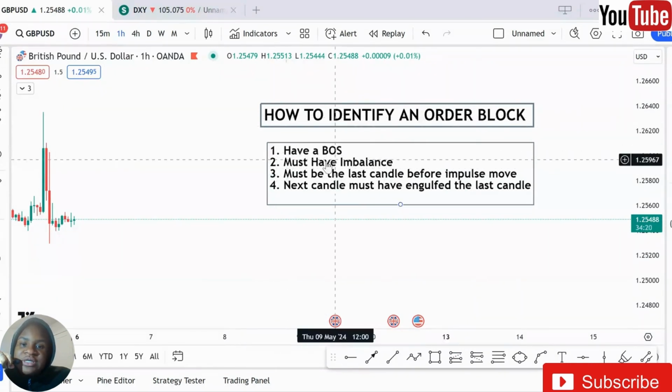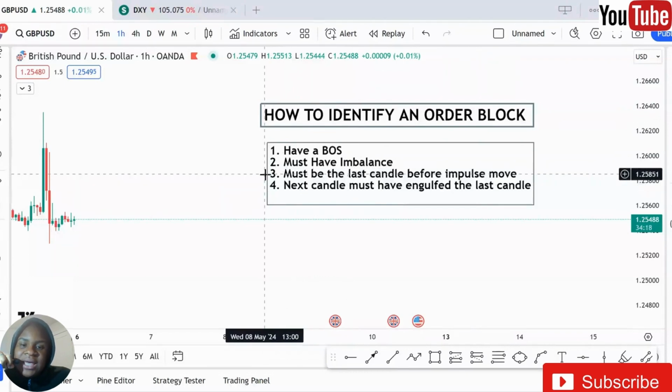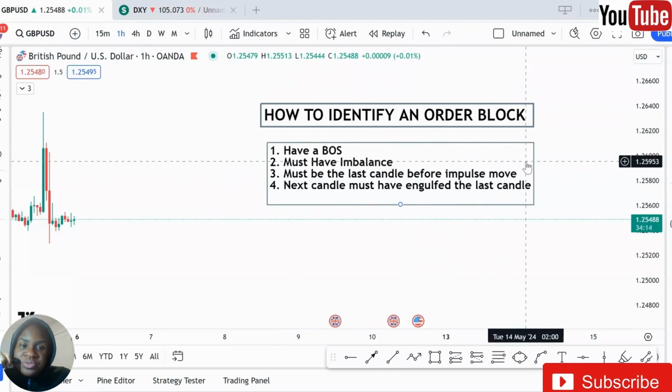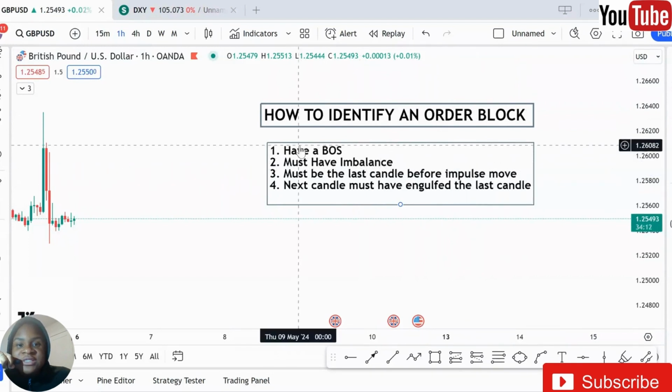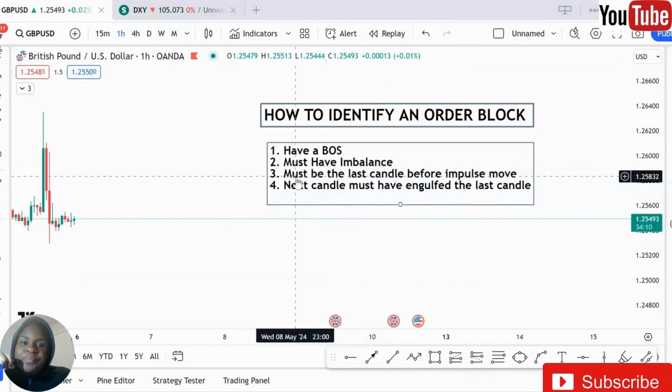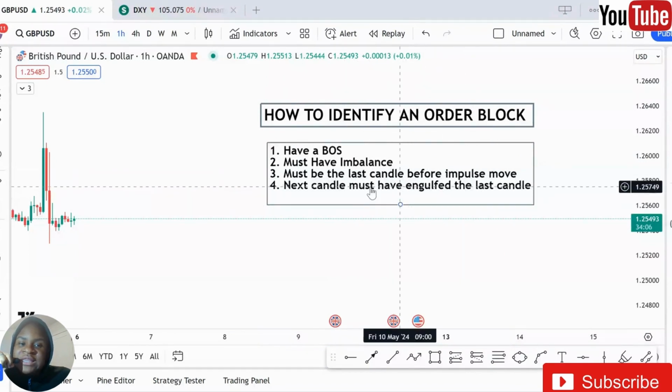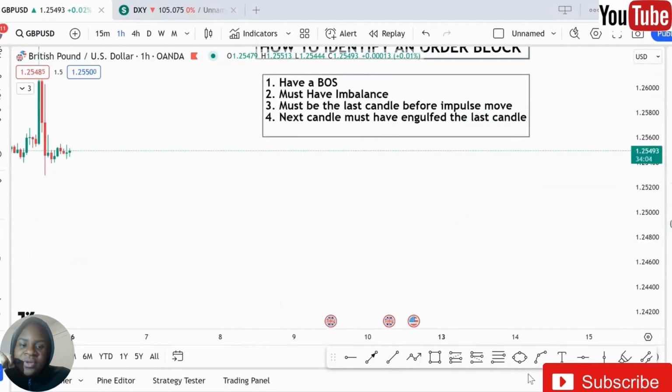An order block is created when it has an imbalance. An order block must be the last candle before the impulse move. Impulse move takes place, that's when it creates break of structure. The next candle, that's the order block, must have engulfed the last candle, in the sense that we know what